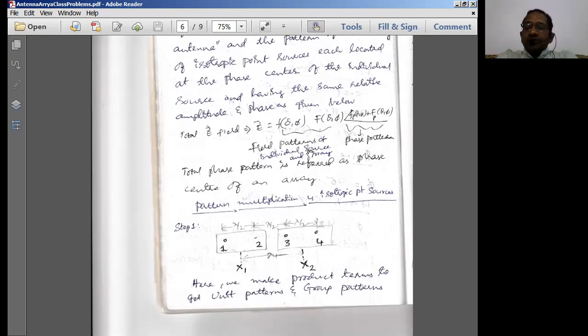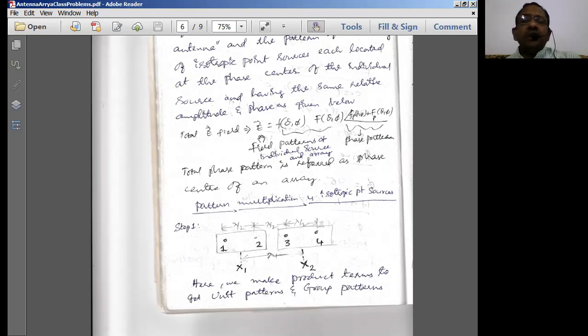As I was telling you, for the radiation pattern of an antenna, we will be considering a spherical coordinate system. Therefore, we consider theta and phi. The field pattern of the individual source, one source in that particular case, we consider and multiply by f of theta comma phi, which is nothing but the field pattern of the array. If you are going to consider a two point source array, we have to multiply the two point source field pattern with the individual field pattern. The resultant is the resultant field which we receive at the far point.